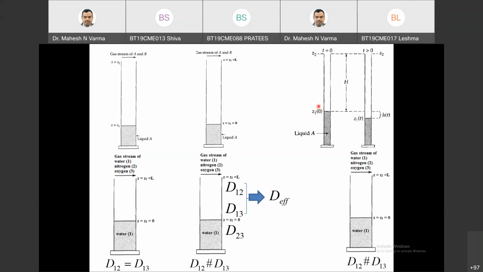How to handle this? We have calculated the rate of change of height and correlated it with this dz by dt. This will be the rate of change of height multiplied by the cross-sectional area S. That will give you a volumetric change, how much volume is evaporated, multiplied by density divided by molecular mass. That will give me a molar rate of evaporation,